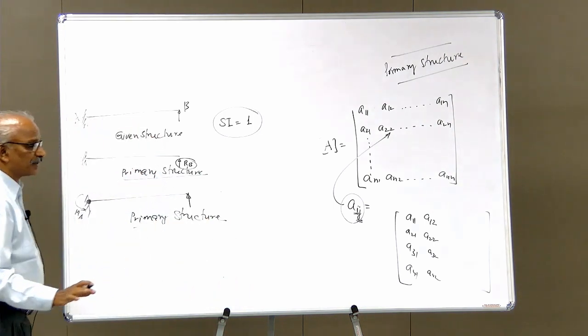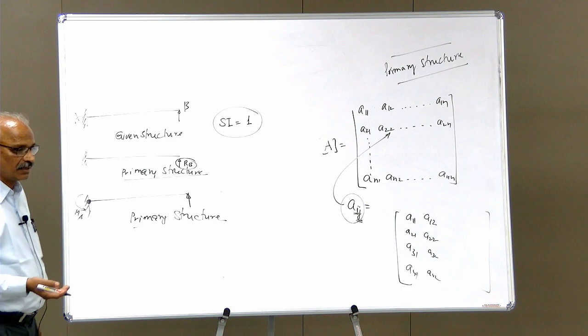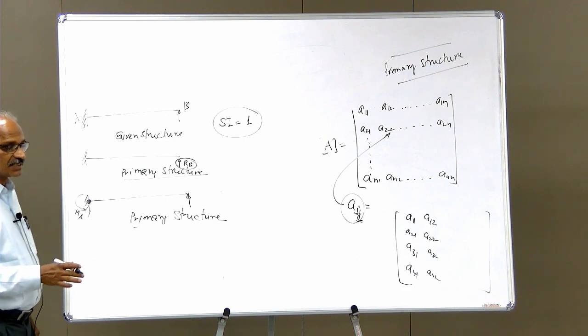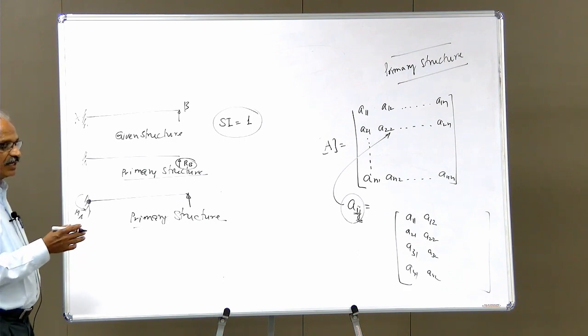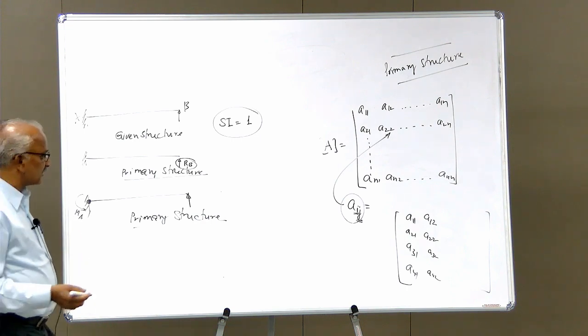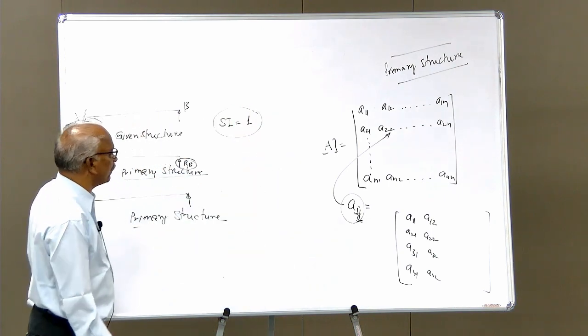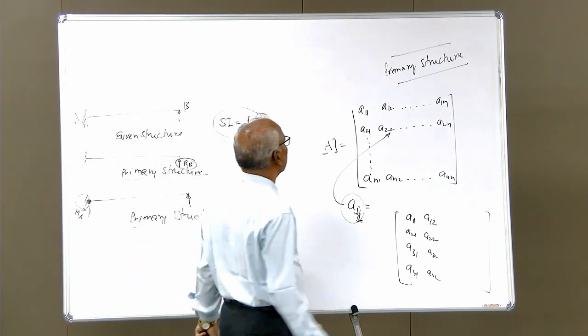So the first step is finding out the degree of static indeterminacy and making the structure a primary structure by removing as many redundants as required. Because the static indeterminacy is 1, it means you have to remove one redundant so that the structure will become determinate. So this term is another important term